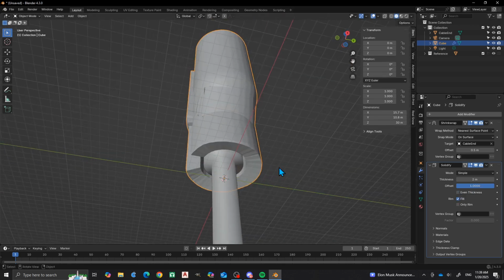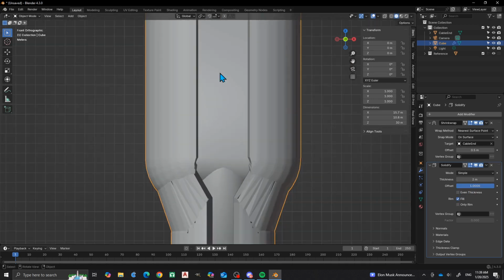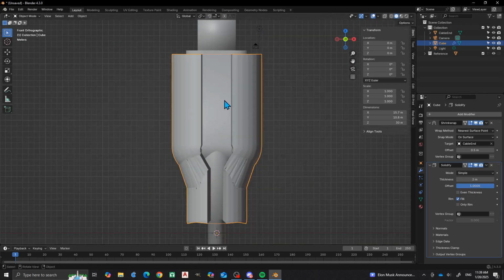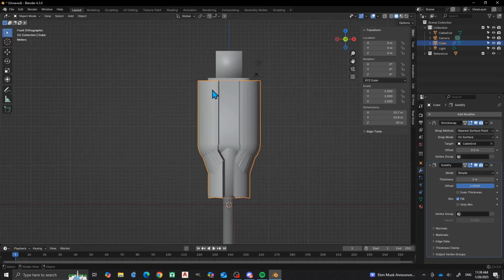Okay, so for the offset, what I did was instead of a negative offset to go inward, I wanted to go outward, right? And then I also wanted to do even thickness, but that was giving me some funky results. And even thickness is really cool for a lot of things, but sometimes it doesn't always work, right? So, but anyway,